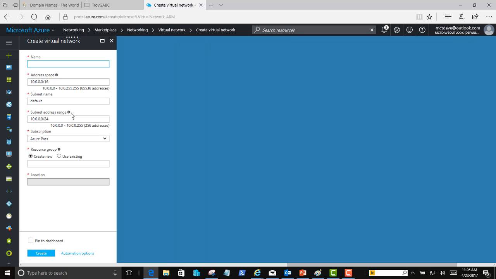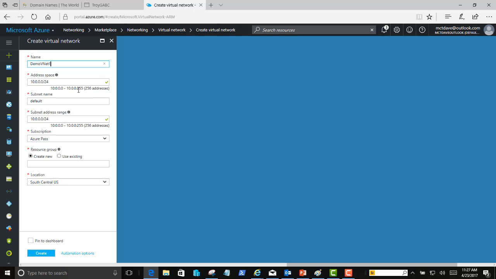And now we're able to type in some of the parameters of our virtual network. The name of this virtual network, I'm going to call it Demo VNet 1. The address space is assigned out of the private IP address range of 10 for the Class A addresses, but it's using a /24 CIDR notation, which is really 255.255.255.